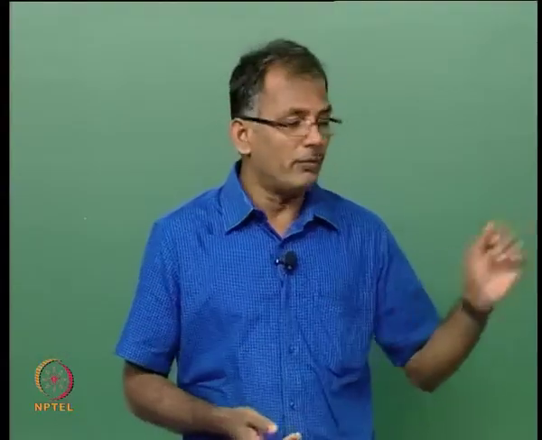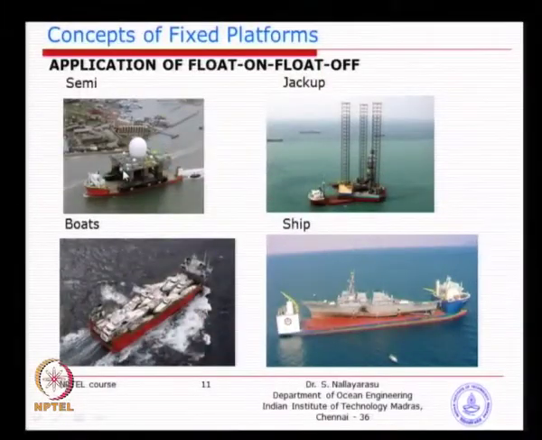I think I have shown you various pictures of different types of floating structures. They are not supposed to be traveling long distance, not even short distance, because they are not classed for such design. So, they are not called seagoing vessels. You have to have a different classification and design. That is why any design that you make for oil and gas purposes, for production floating platforms, has to be transported by another ship.